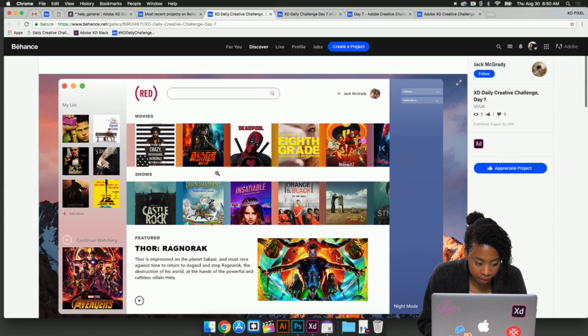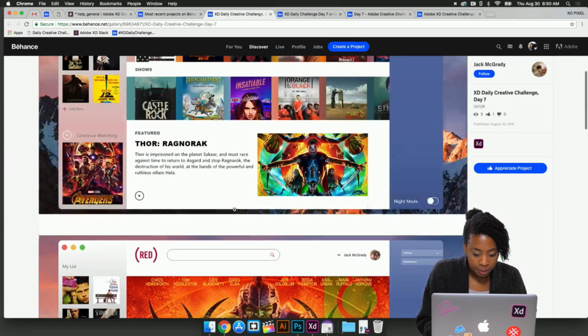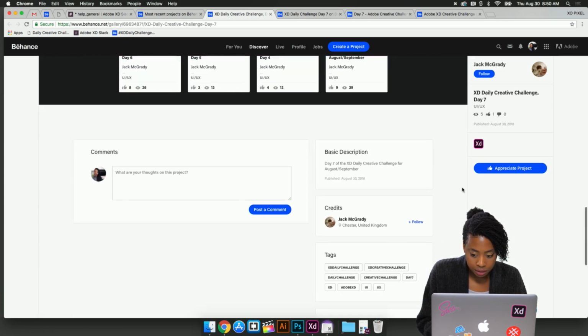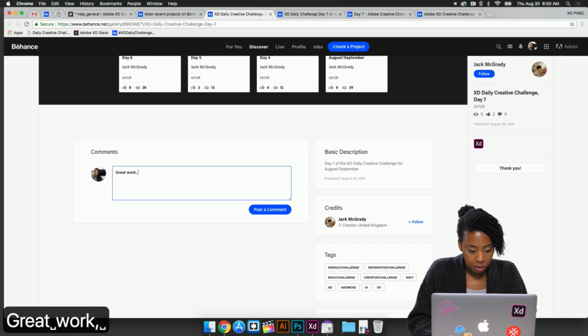This is good. The only comment I have is maybe having a section with the different movie genres. That would be a great addition to this UI, but overall this is really great. Great work.